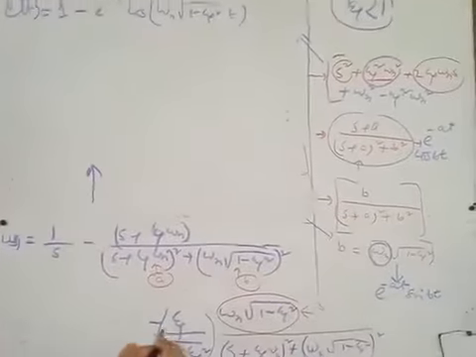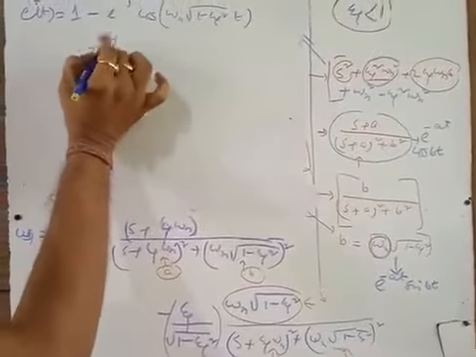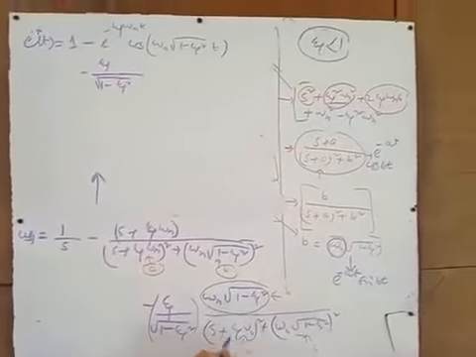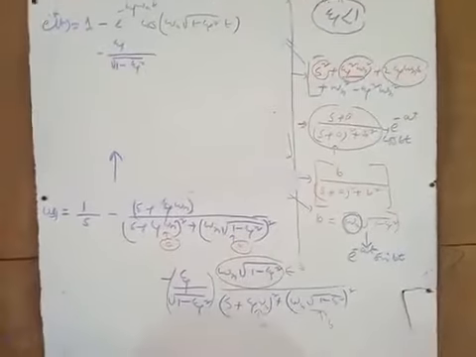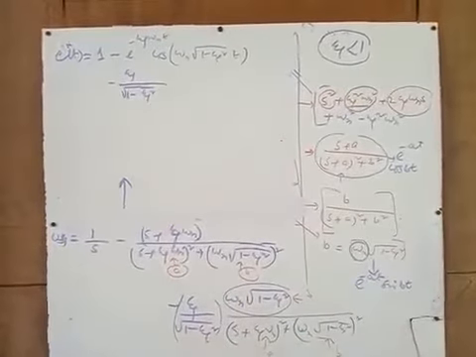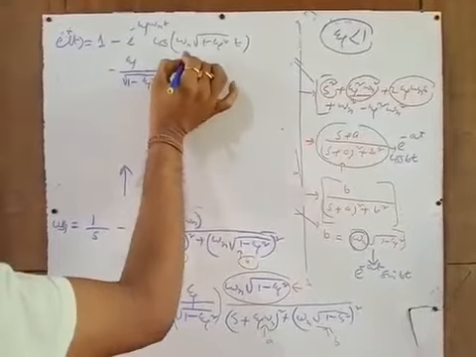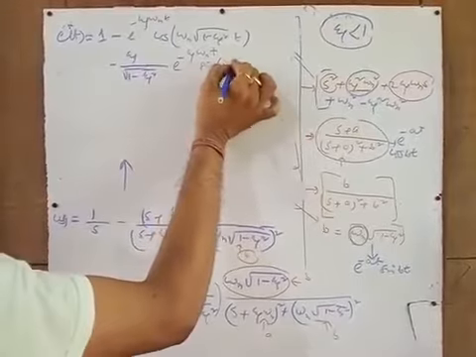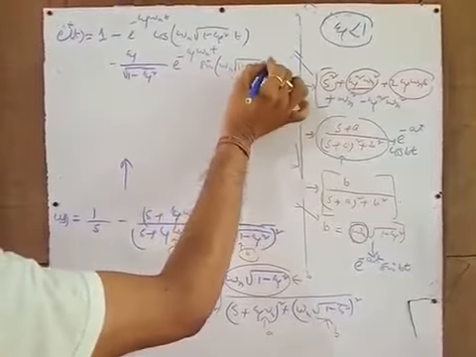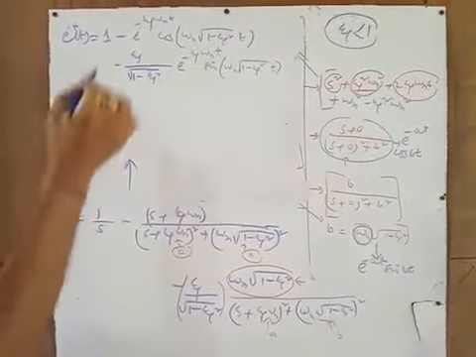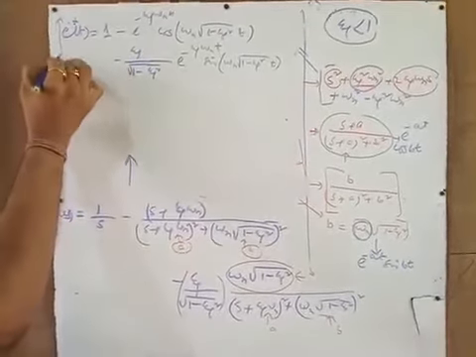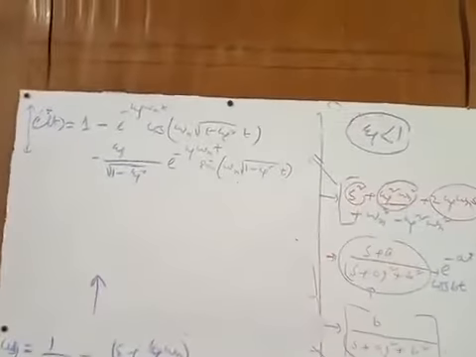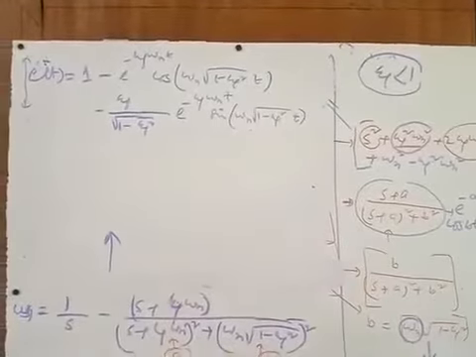And the next part is this constant, minus xi by root over 1 minus xi square, and this is your b by s plus a whole square plus b square. So what you will get is e to the power minus at sin bt. So this will be e to the power minus xi omega n t sin omega n root over 1 minus xi square t, right? And this is one form of C(t). Now we have to solve it in such a way that the standard form of the second order response curve can be obtained, right?